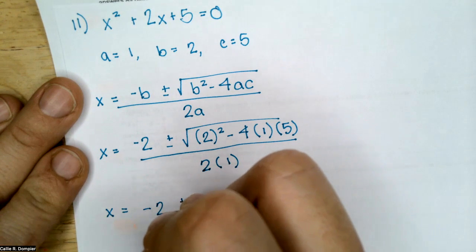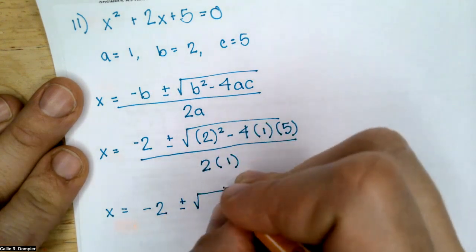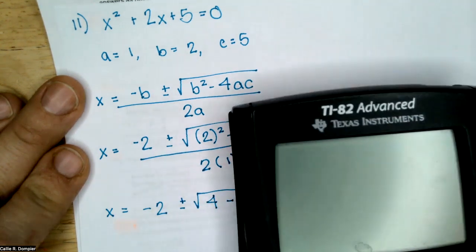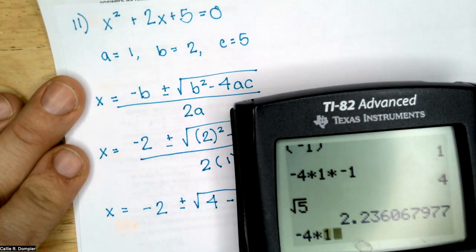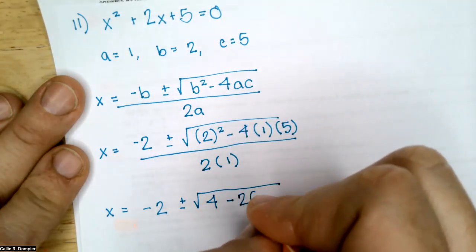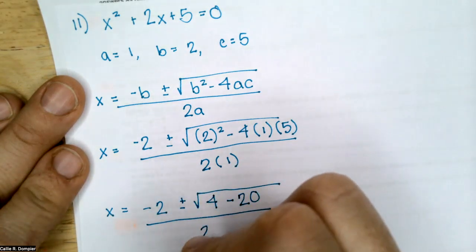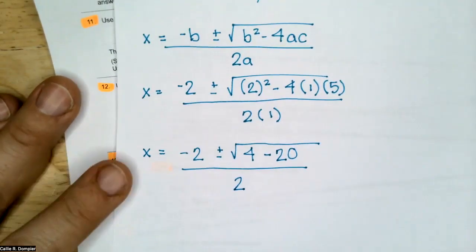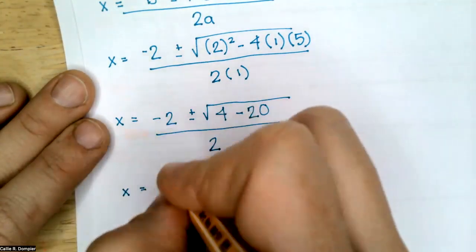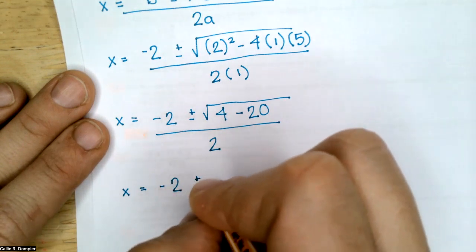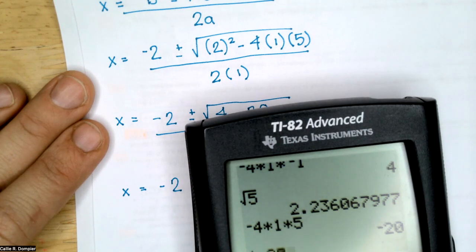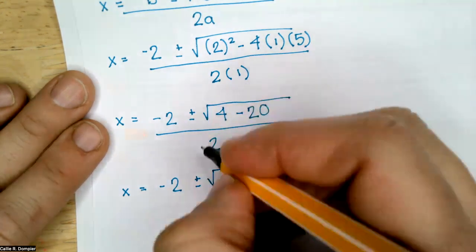Negative 2 plus or minus the square root of 2 squared is 4, minus 4 times 1 times 5. Negative 4 times 1 times a positive 5 is a negative 20. So it's 4 minus 20 over 2 times 1, which is just 2. Keep simplifying it. Negative 2 plus or minus the square root of 4 minus 20. So I'm going to get a negative number, right? 4 minus 20 is a negative 16